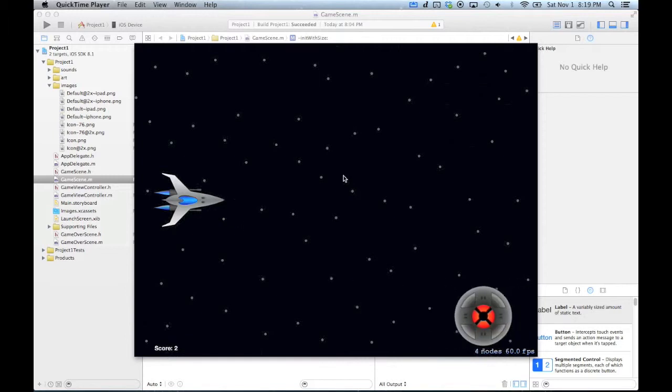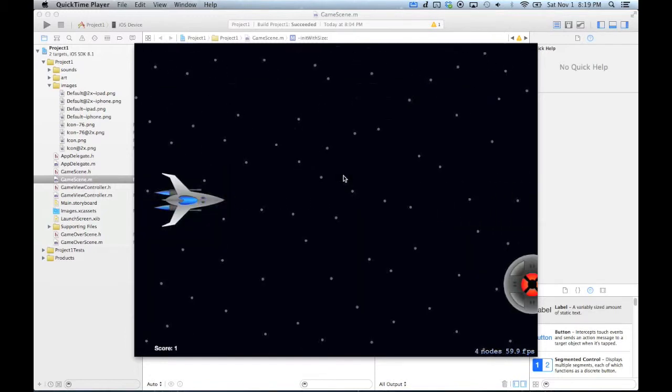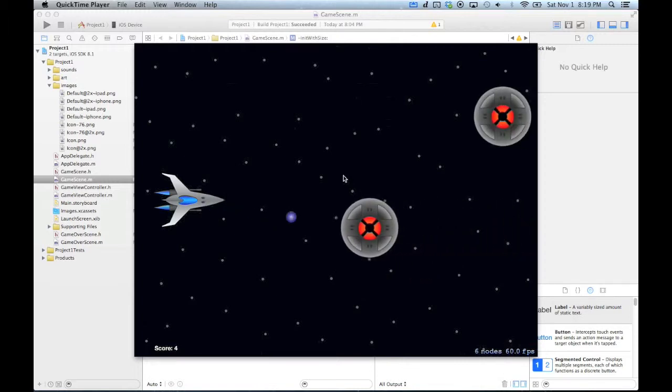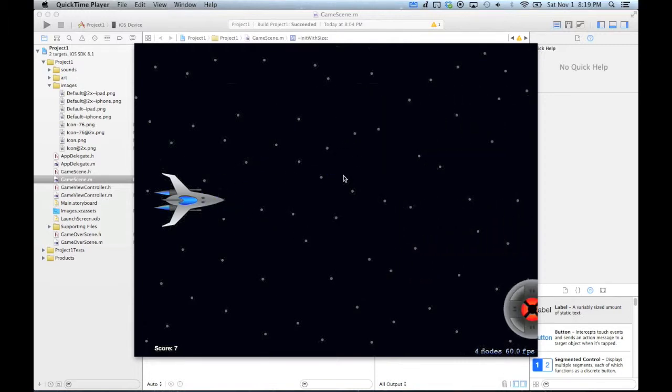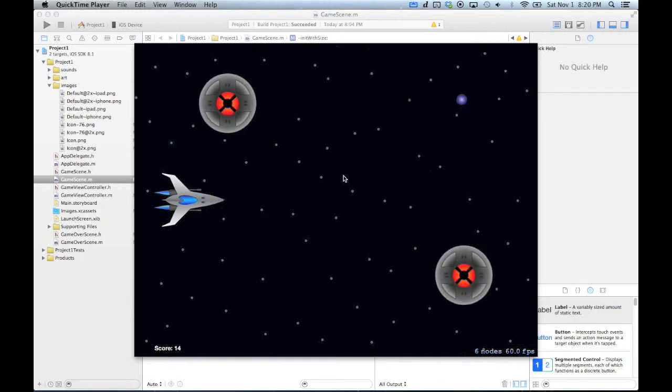So every time you shoot one of the UFOs, it does make it disappear, and then it keeps your score in the bottom left corner, although I do need to up the font on that for the iPad. It is using bigger assets of the fighter, the UFOs, and the laser ball for the iPad, but I did forget to up the label. You'll also notice that the label doesn't even show up until you hit your first, and the reason being is as soon as I